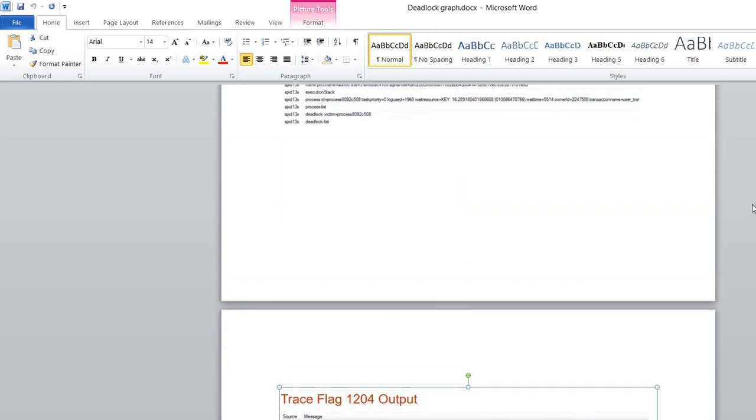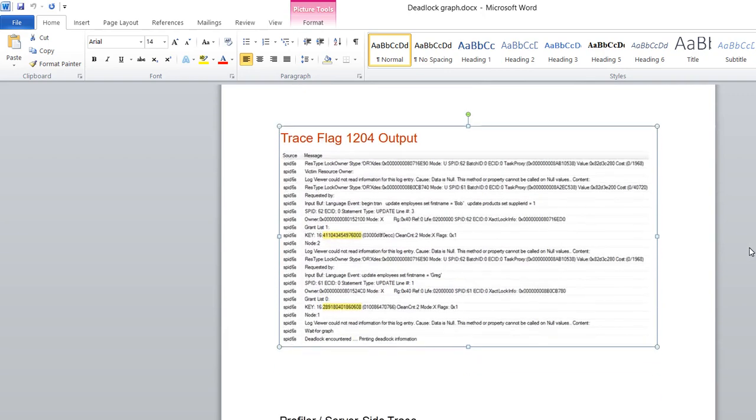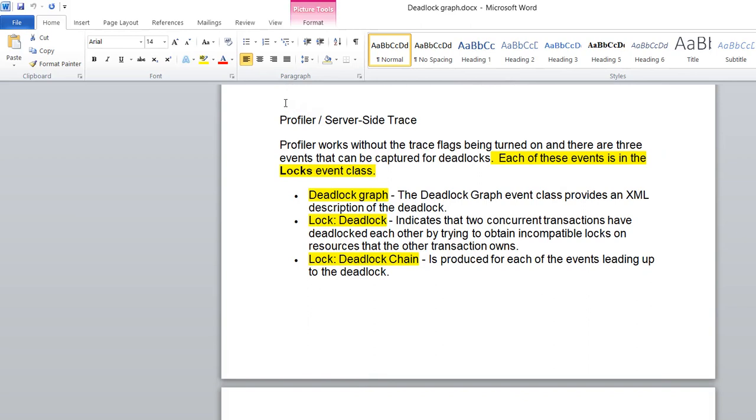But my concern is, enabling the trace during business hours is not a good habit, because it may impact your database performance, right? And that is not sufficient to do the analysis for tracing the deadlock cause and all. So normally the profiler, if you come here, profiler is a good approach to trace the deadlock, right?